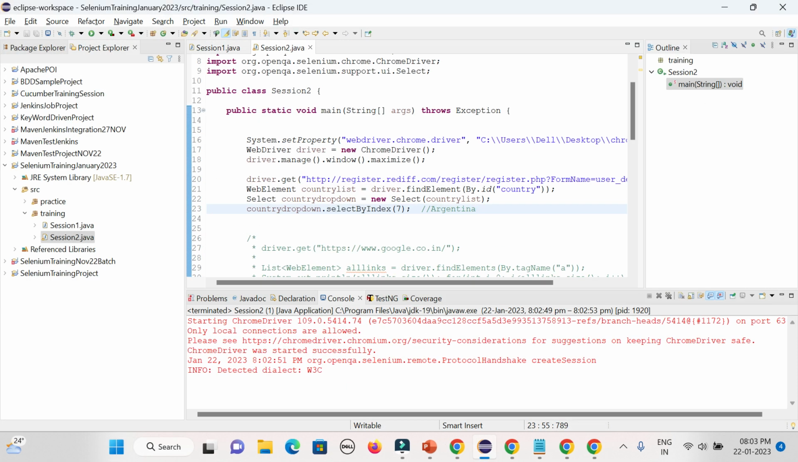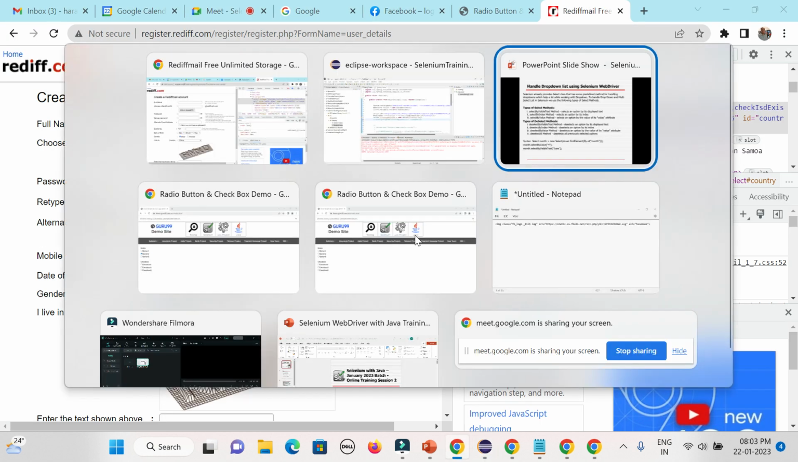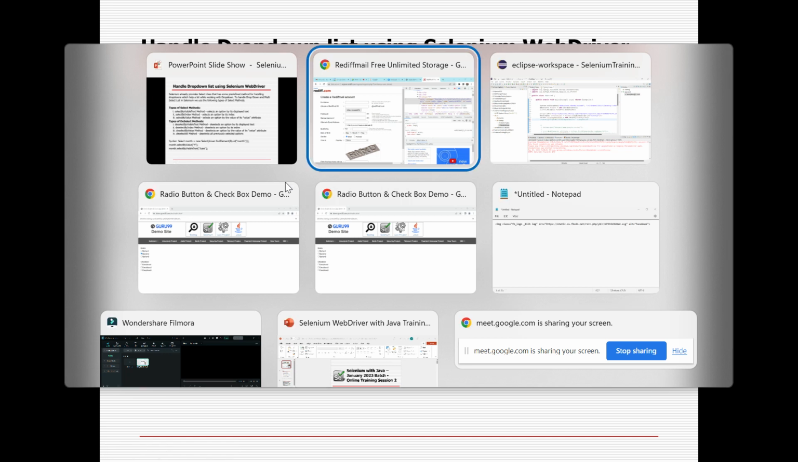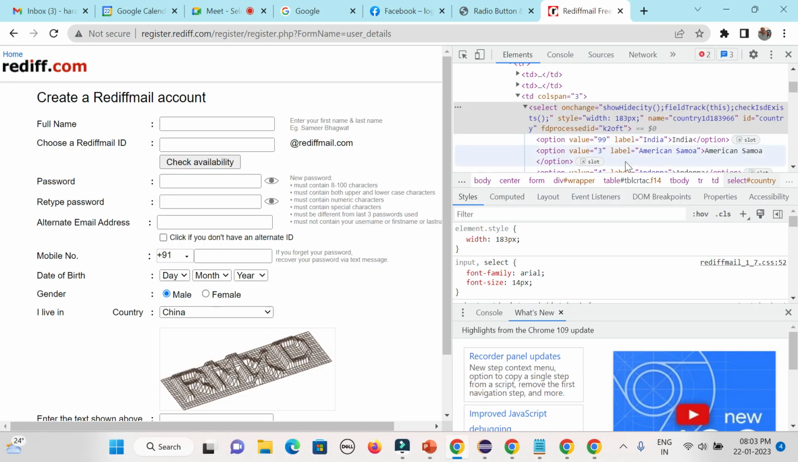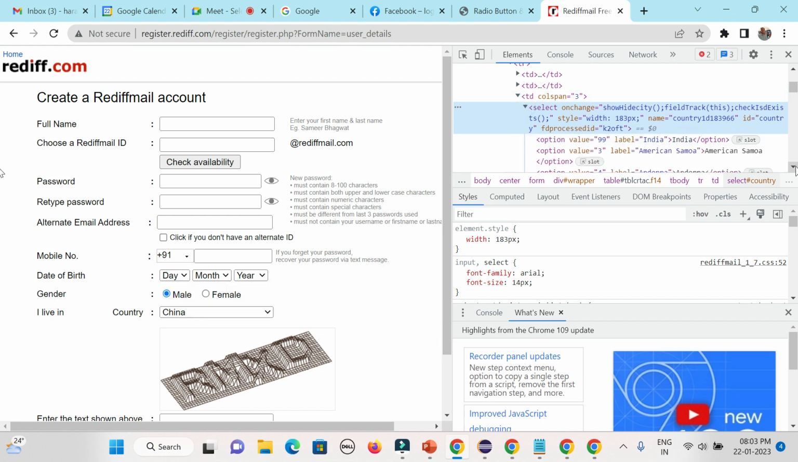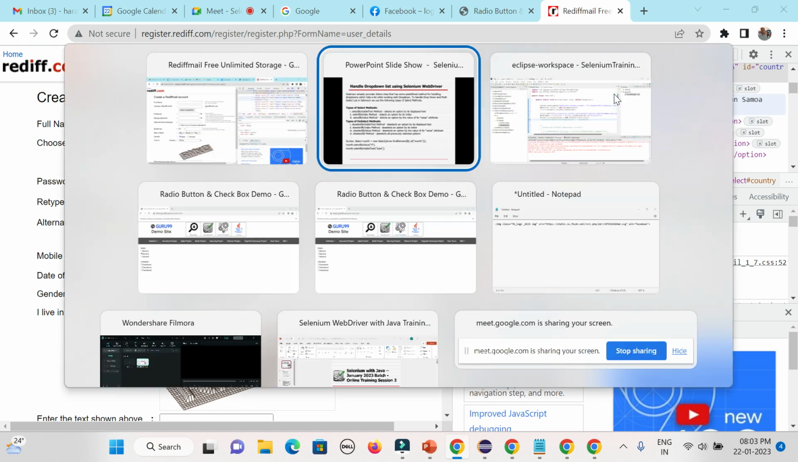Next one, I can select based on the visible text. So how can you identify the visible text? You can see if you expand the Select class, initially it was not expanded. That is the variable, that is the field. You need to expand that one so that all the options will be there. You can see this is the index order, this is the value, and this is the text. So if I want to select by value,